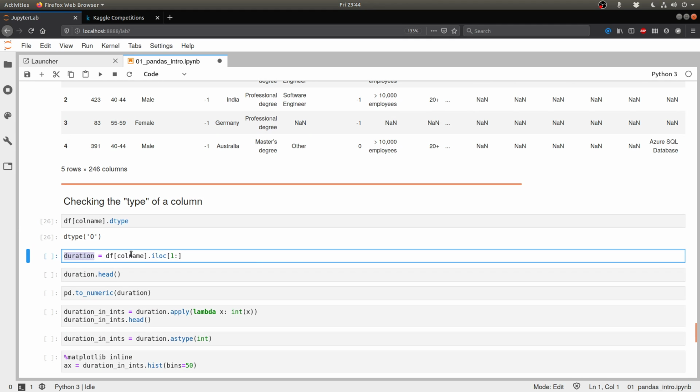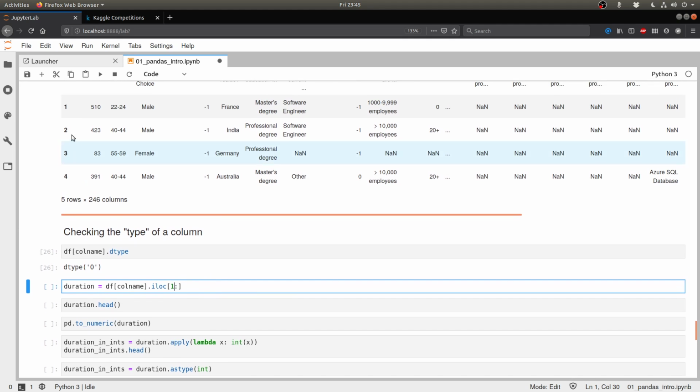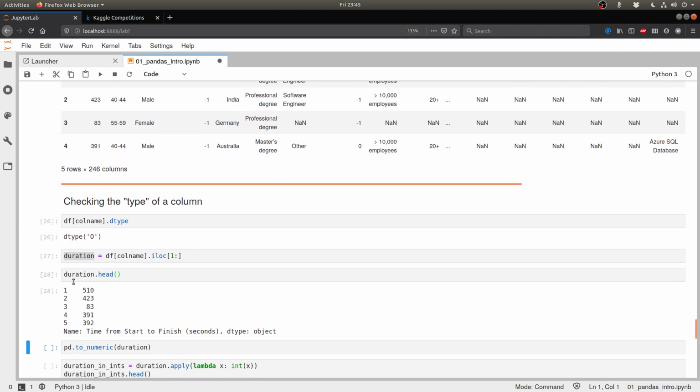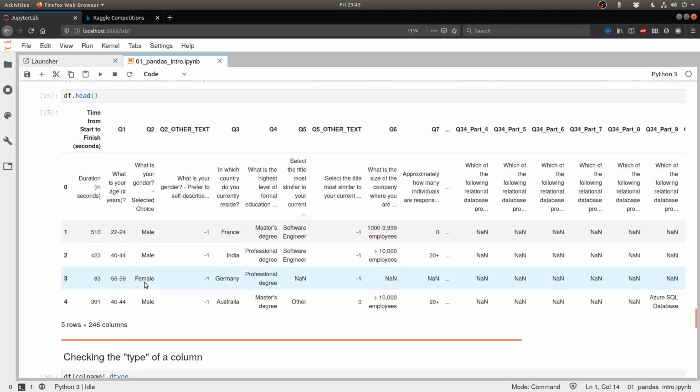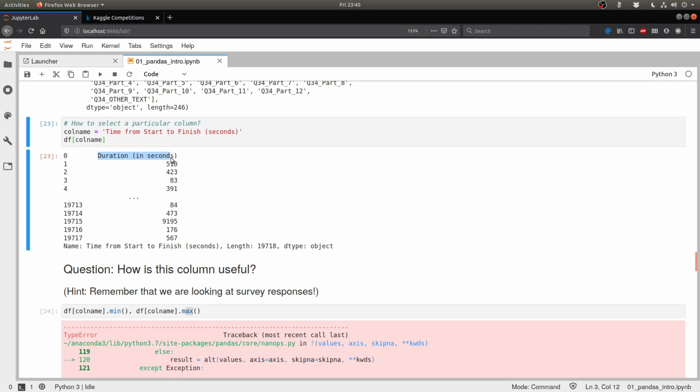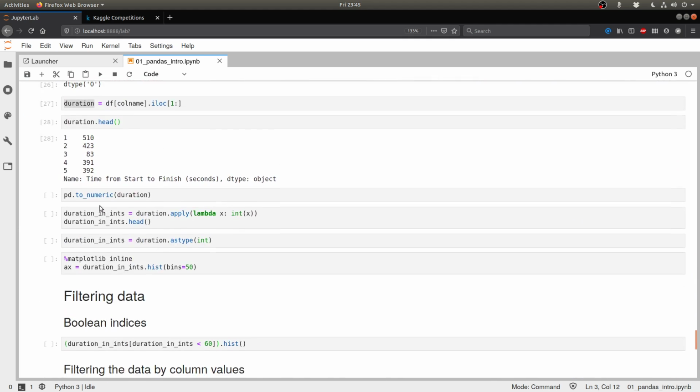Now, if we say that duration is simply the column name from the first element onwards, if you remember, this is the syntax we use for slicing lists in Python. So when I say 1 colon, what that means is take everything from the first row onwards. So let's try that and put that in a new variable called duration. When we do a head on duration, you see that we have a bunch of things which are now numbers. We have gotten rid of the very first row, which was text. And now what we're going to do is use this function called pd.to_numeric to convert this dtype of object into a dtype of integer. Let's try that.